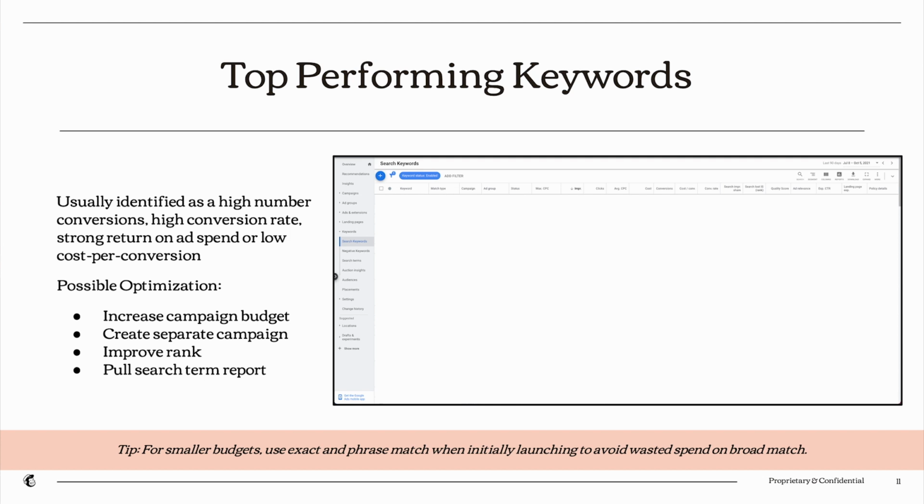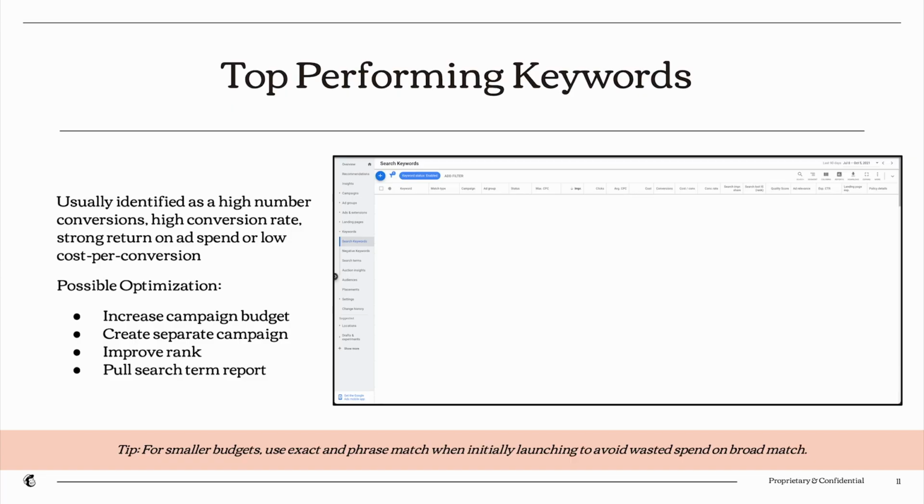In this instance, I would pause my top performing keywords in the existing campaign, build a second campaign that only houses my top performing keywords, and make sure to allow as much budget as possible going to those keywords so that I don't run into the issue of losing impression share as a result of my budget. You can still lose impression share to budget on your lower performing keywords because those really aren't performing that well for you to begin with, so you really just want to focus on maxing out what is working right now.